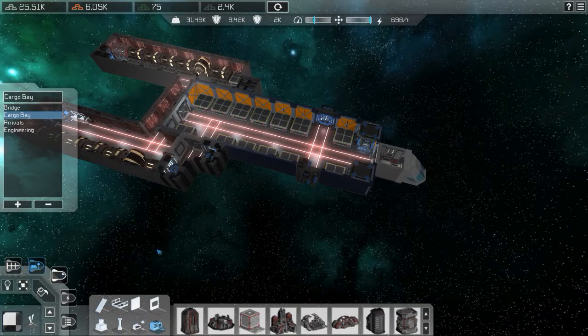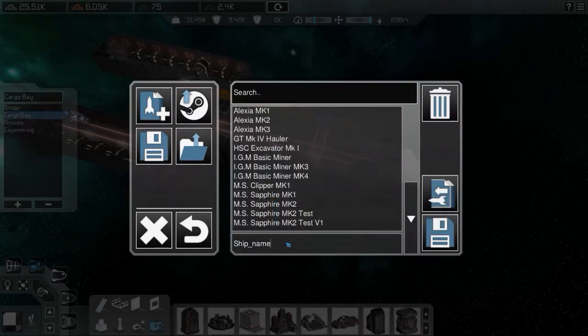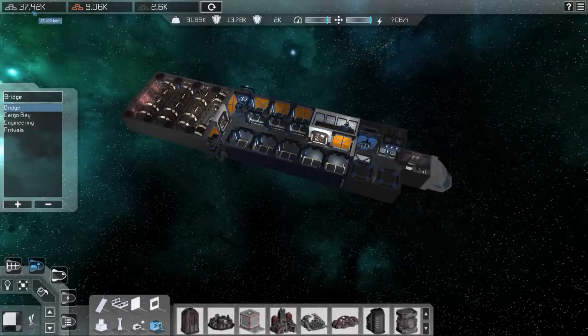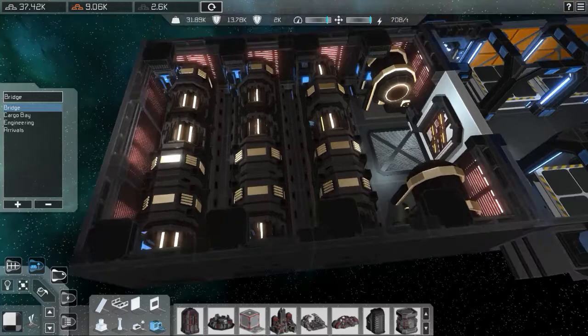And before I go, actually, I will save this just to have a mess around in, and then I'll probably end up deleting it. I'll call it tutorial ship, I guess, so then I know. And my basic ship, 25.6, 75, 2.4, 37, 9, 2.6, and that's what I mean by slimline it,